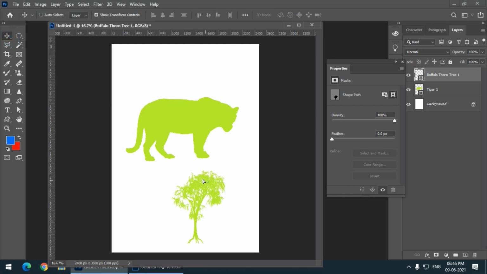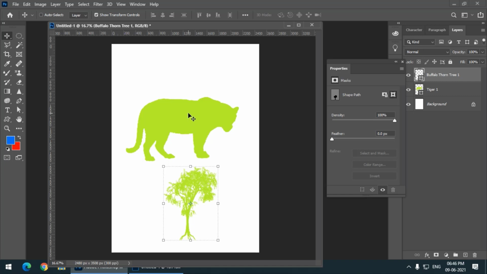Now by using these particular shapes, we can also create some patterns that we will discuss in some other video, but definitely we are going to discuss that. And we can also create some textile patterns by using these particular shapes, very attractive textile patterns we can create by using these shapes. But for now, just practice these ready-made shapes.